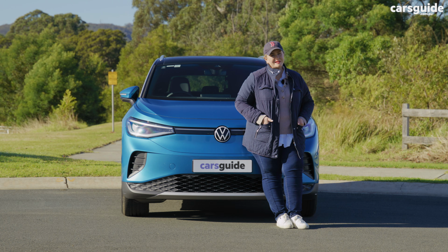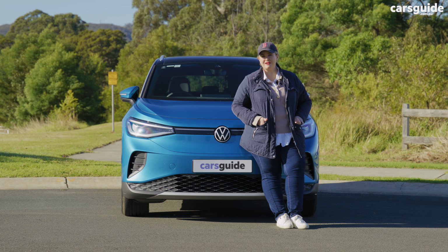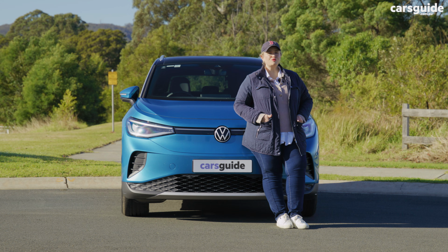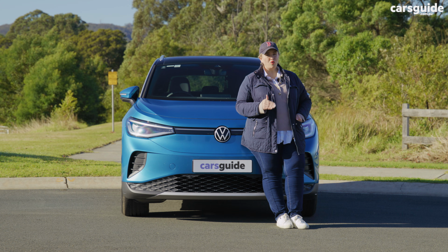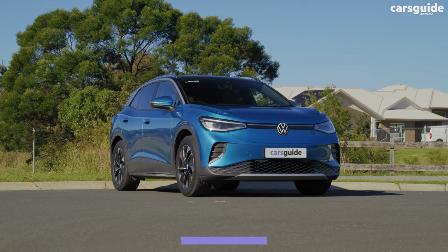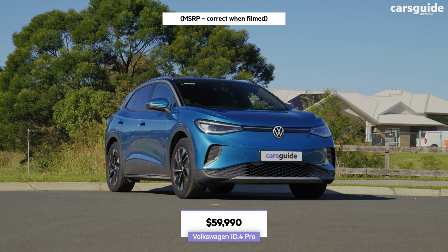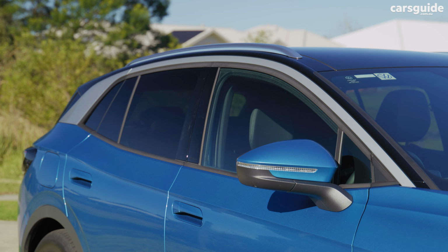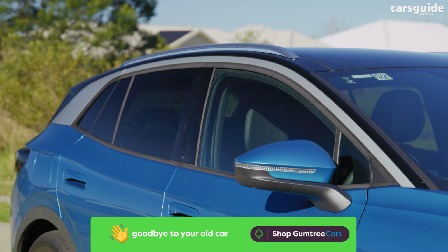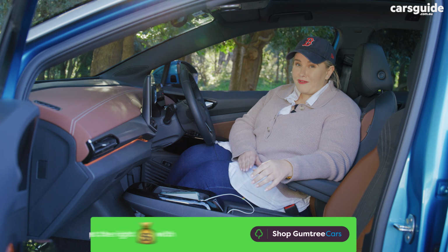For Aussies, the Pro is the only variant available for this new electric mid-size SUV, but another one is due soon, which will share the same motor and all-wheel drive powertrain as the more powerful ID.5 GTX. The sharp price tag positions it as a healthy rival compared to long-standing favourite, the Tesla Model Y, and newcomer BYD C-Line 7. Since our market has waited almost half a decade for this model to arrive, we get the